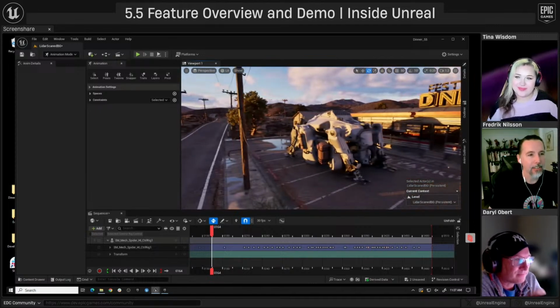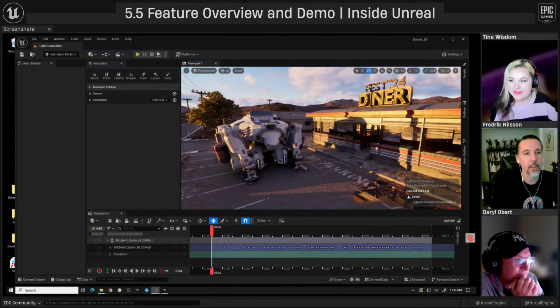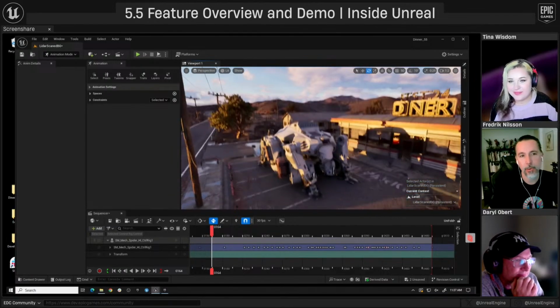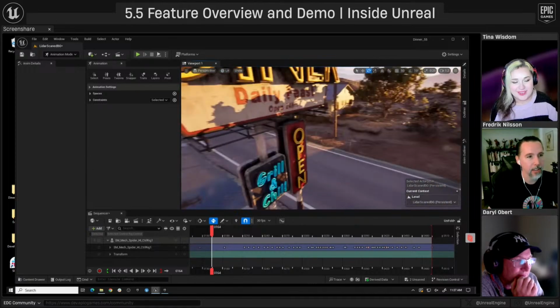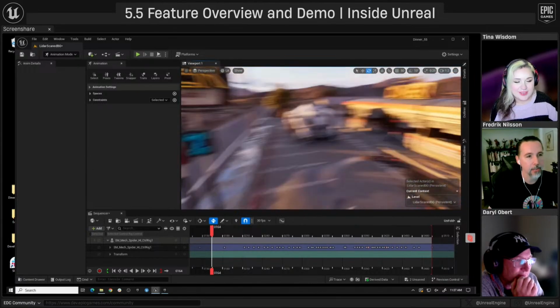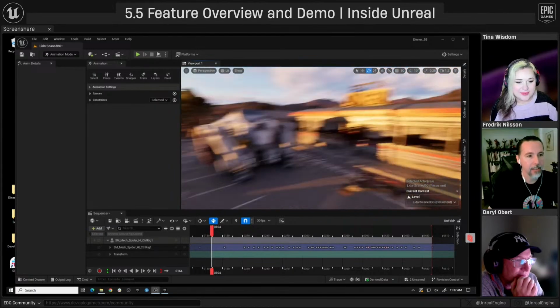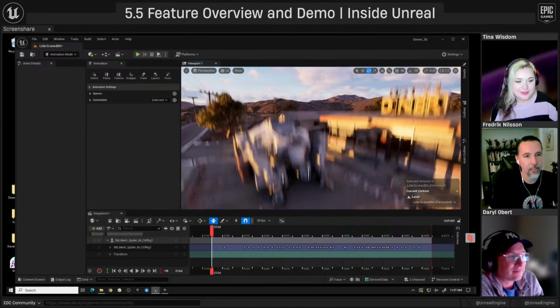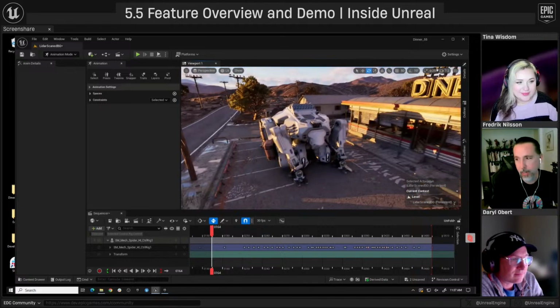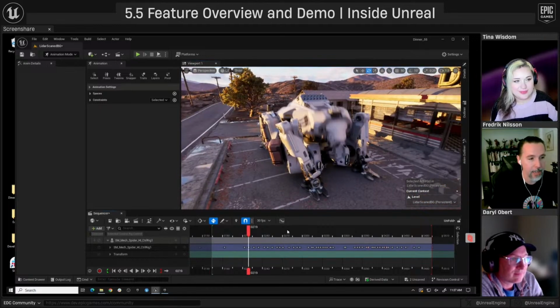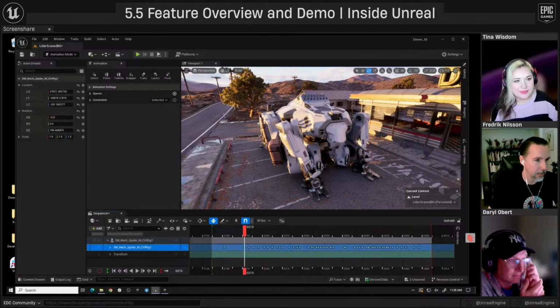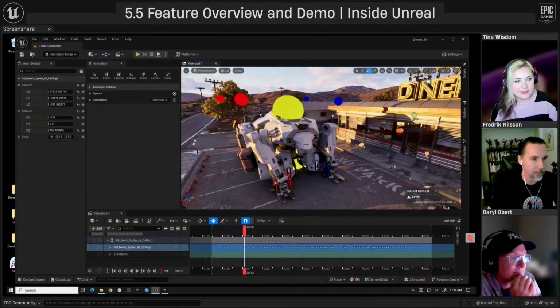Cool. All right, so this was an older version of the project that Daryl had sent me before he did all the rest of his magic. So it'll look a little bit different. I think the gas station is missing, and there's a few other things that are different, but it's still the same world. And the cool thing is, I just loaded this project, and he already built the rig. So I just hopped in here and animated it like this. This is not just a baked animation sequence. This should be the live control rig.